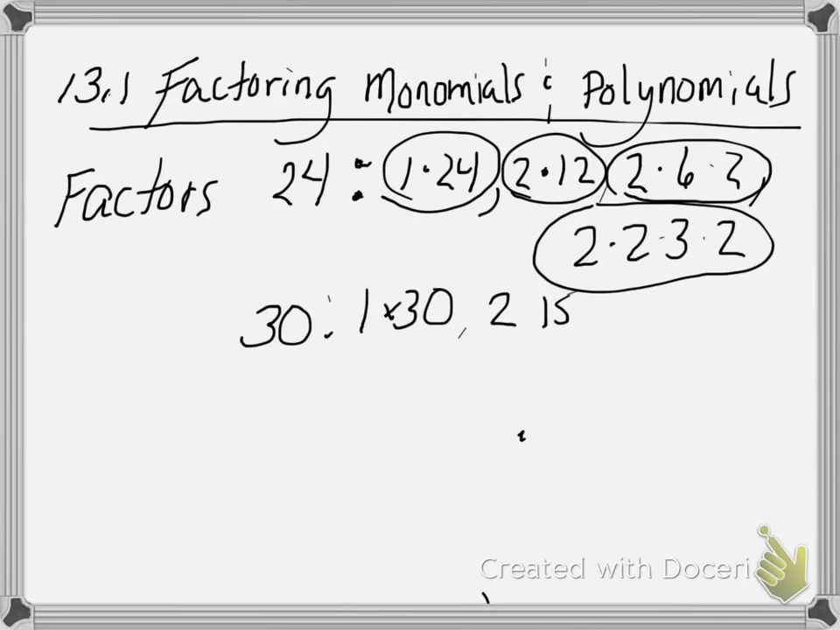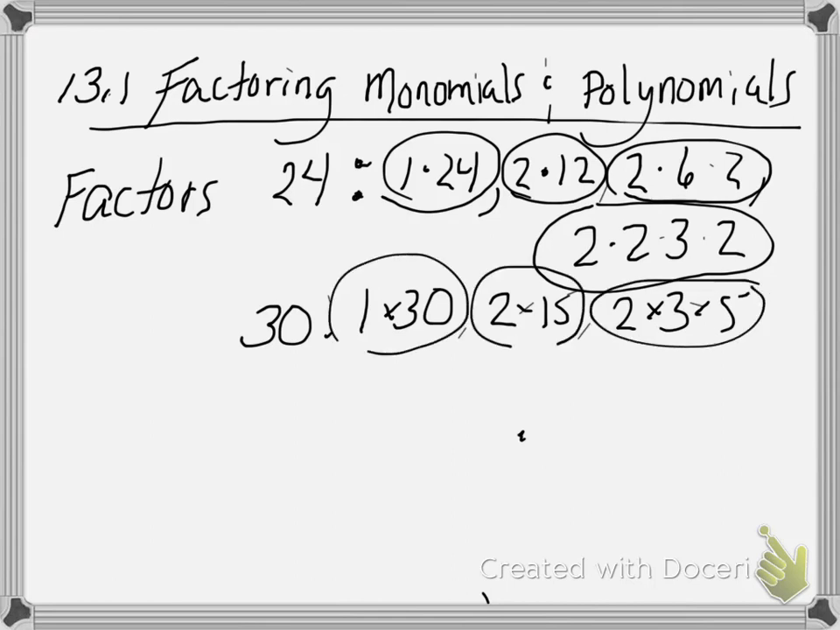2 and 15, and I can replace the 15 with 3 and 5. So 2, 3, and 5. So these are all the factors of 30. So if I wanted to talk about a greatest common factor, a lot of times we call it a GCF. The greatest common factor, greatest meaning the biggest, common meaning that they both share it, and factor meaning the things